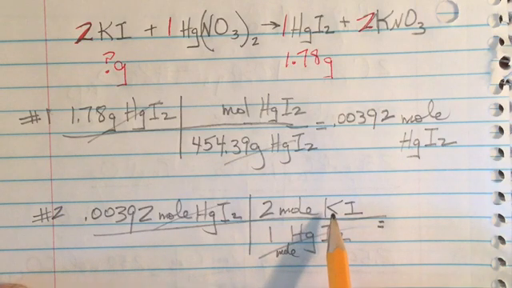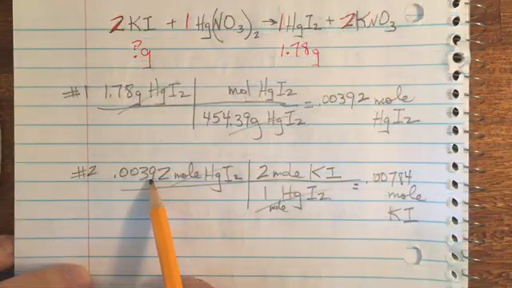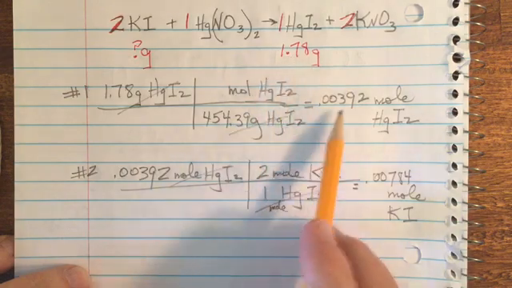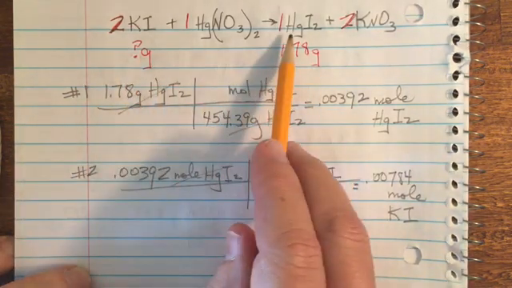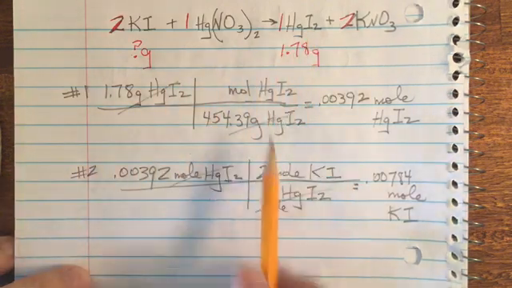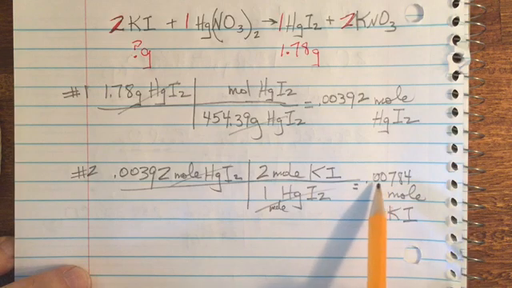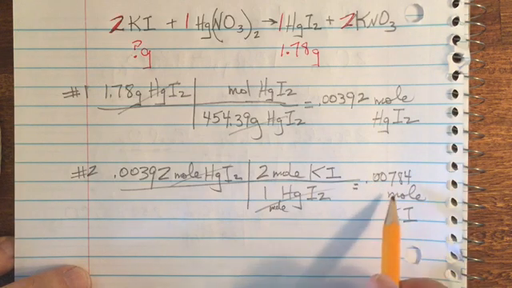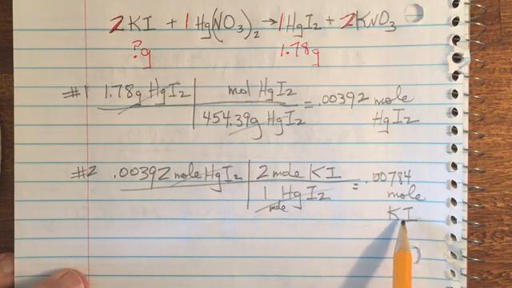In the third step, I'm going to convert the number of moles of potassium iodide to grams of potassium iodide. After step 2, after multiplying the number of moles of what I started with by the mole ratio of potassium iodide to mercury iodide, which is 2 to 1, I get twice as many moles, or 0.00784 moles of potassium iodide. In the third step, I'm going to take the number of moles of potassium iodide and use the molar